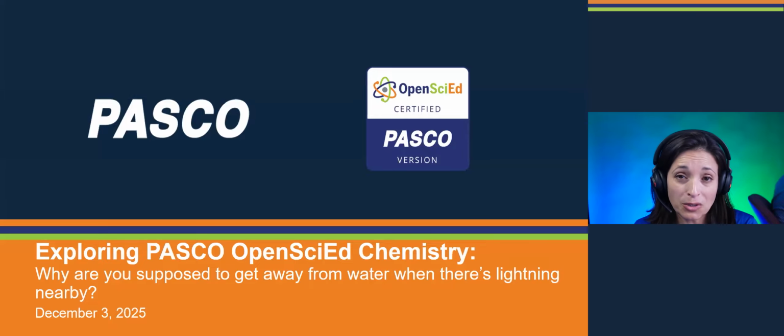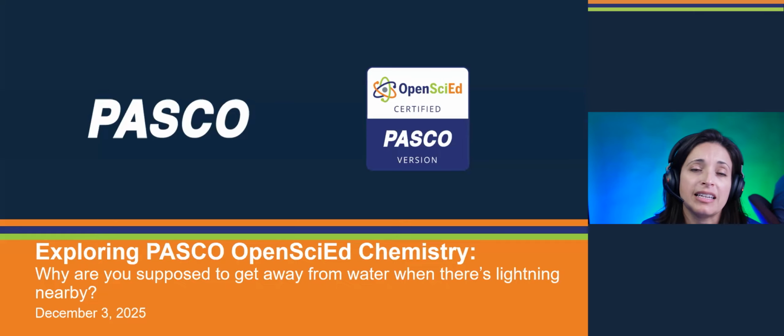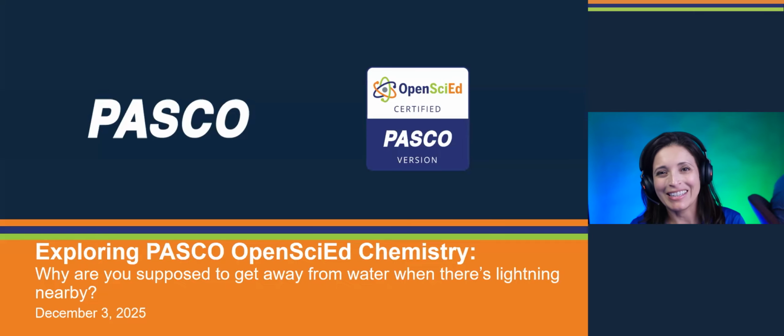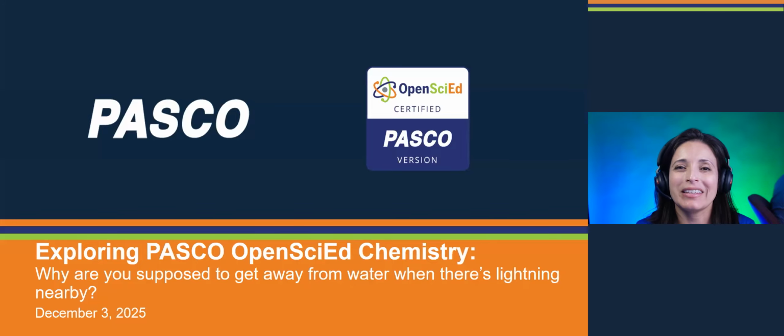And the goal of Unit C2 is to understand the anchoring phenomena of lightning, something that everybody's got experience with. What is lightning? Where does it come from? Why is it dangerous? How do we stay safe? All those questions we want to be able to answer, but in order to be able to answer those questions,